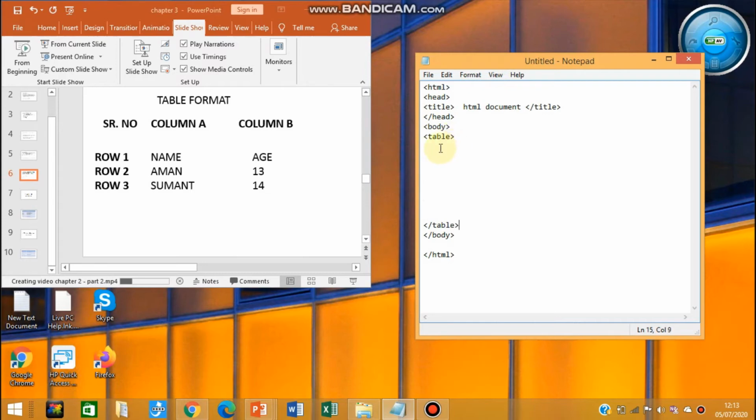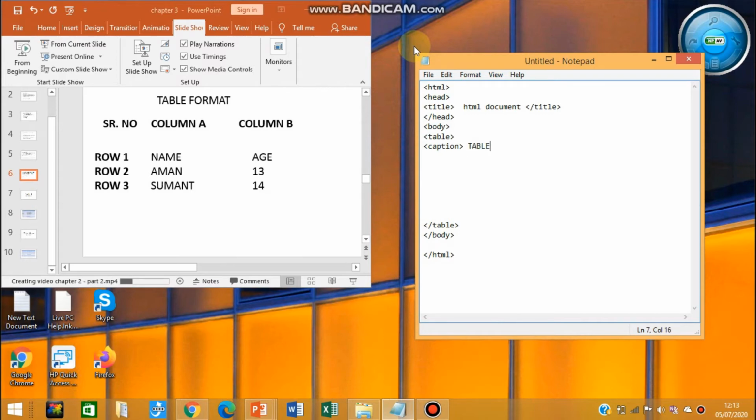The content of the web page is always written in the body part, do not write it in the head part. Now, in the table, the table format is the caption. So how will you mention the heading of the table? By using the caption tag. Now you have opened the caption tag. What is the caption of the table?